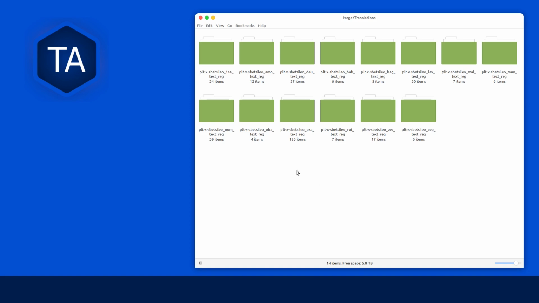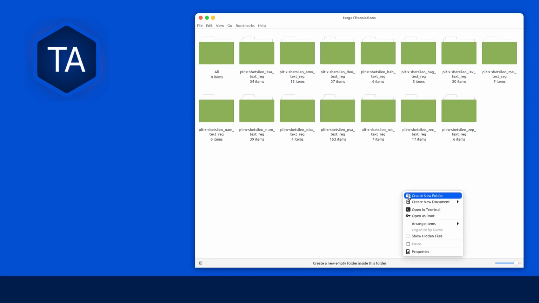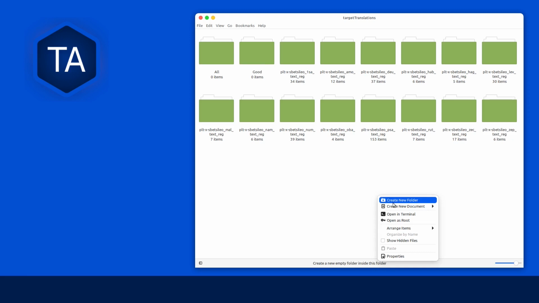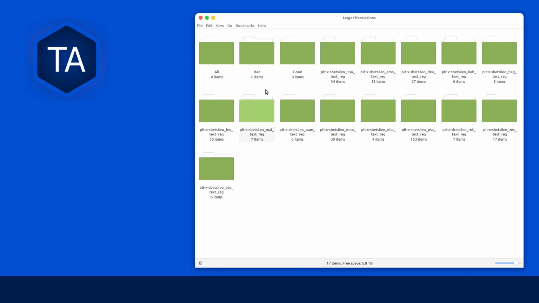And in order to do that, I'm going to make some additional folders. So I'm going to make a folder that I call All. I'm going to make a folder that I call Good. And I'm going to make a folder that I call Bad. So this way I have a folder for projects that haven't been tested yet. I have a folder for projects that have been found bad, and I have a folder for projects that have